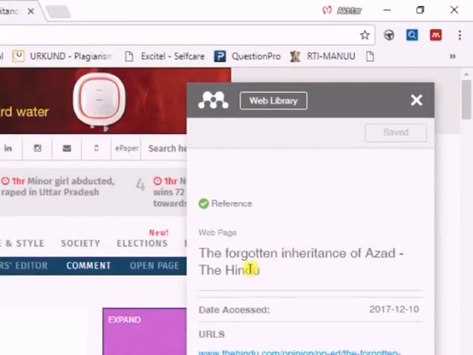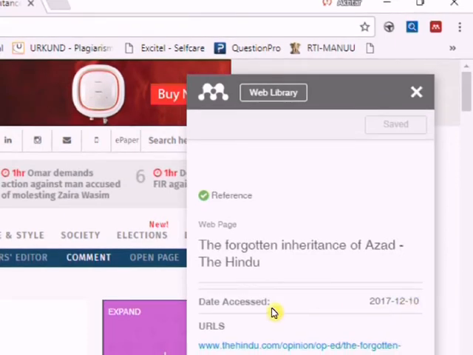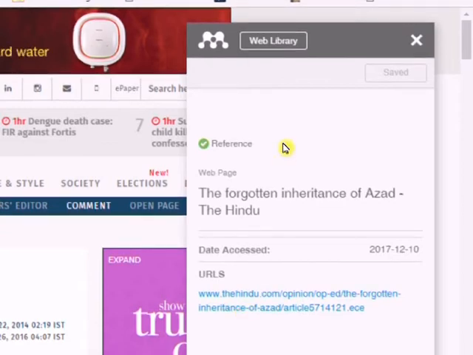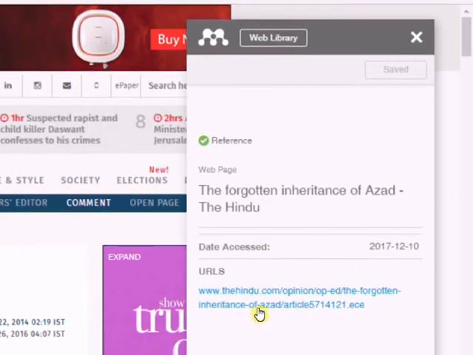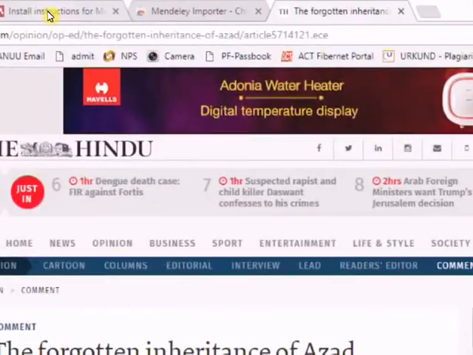And here you see the details like the forgotten inheritance of Azad, that is the web page, and this is the source of the article, and it was accessed on this particular date, and this is the URL. So all the necessary details have been added by Mendeley in my dashboard without me opening the Mendeley dashboard.